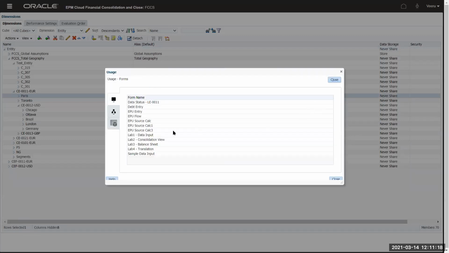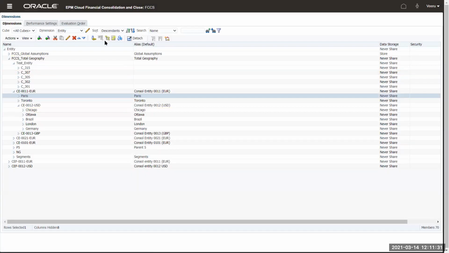It will tell you these are all the forms where that member is used. This will help you for certain auditing or debugging purposes sometimes. Just a very user-friendly feature where it is used. Okay, and then you want to show the ancestors, certain other things are there, but otherwise everything's pretty much standard. Then click on refresh database.